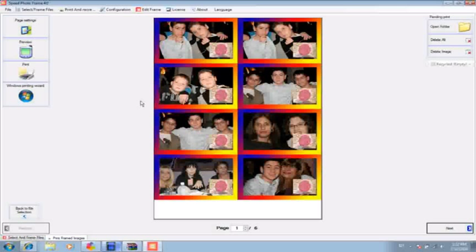Automatically, it goes to the next stage of the printing, where we can view all the pages and photos before